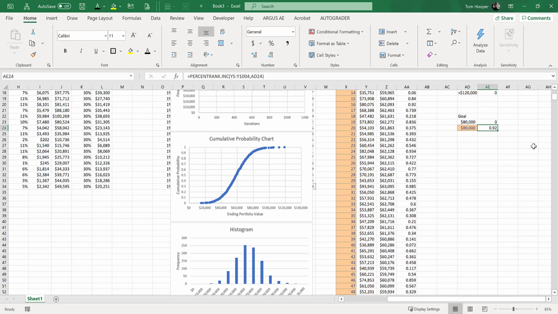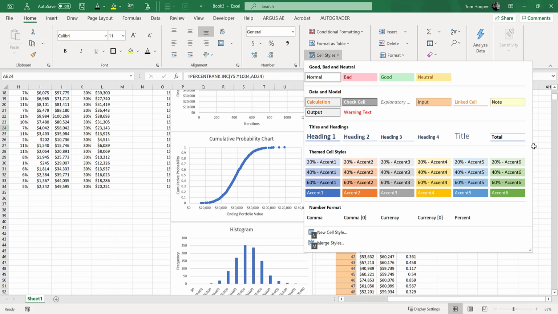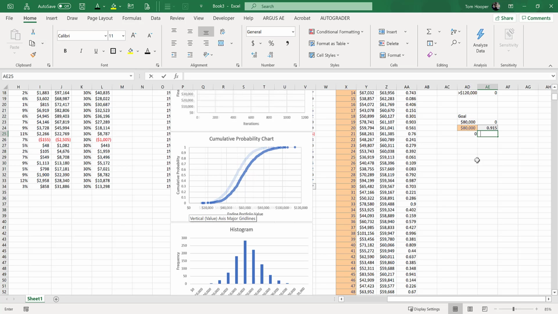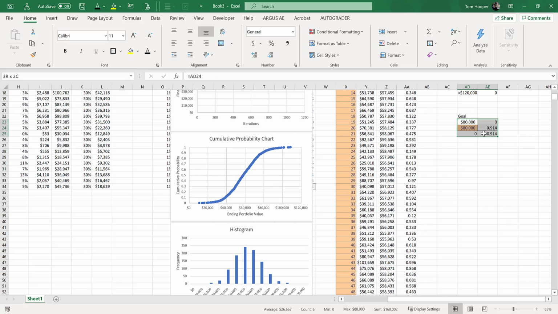And since that's a number that we calculated, let's format it as an output. So we know that this is the one we can change, and this is the one that will get the result. And then to get the third and final point, after this line starts here, goes up, and comes over, we're going to want 0 on the x-axis and our calculated number on the y. So I'll type in a 0 and say equals this. Now let's see if that worked. Let me change these to percentages while I'm at it,